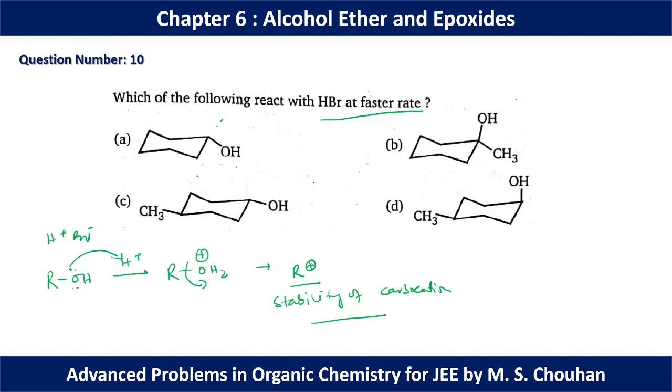So here we have carbocation which is stabilized by 4 alpha hydrogens. If we form carbocation in this position, it will be stabilized by 7 alpha hydrogens. If we have carbocation here, again 4 alpha hydrogens. If we have carbocation here, again 4 alpha hydrogens. So in option B we have maximum alpha hydrogens or maximum stability of carbocation. So for this reaction, option B will be the correct option.